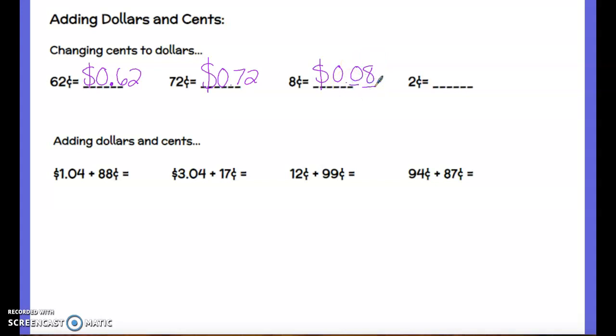Okay, that 8 has to be in the hundredths place because 8 cents are out of 100. Cent literally means 100. It is a root word that means 100. That's why we have 100. That's why we have centimeters. That's why 100 cents makes a dollar. Same thing here. Last one, you would need 0.02